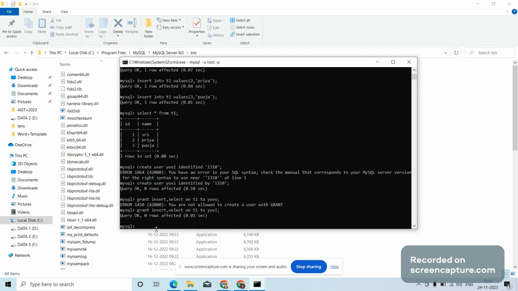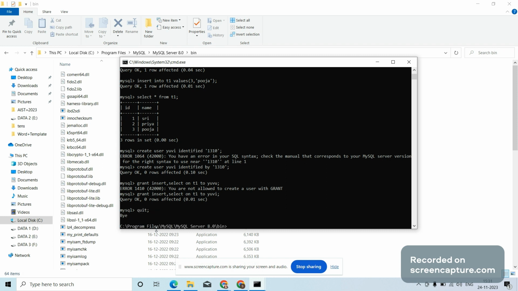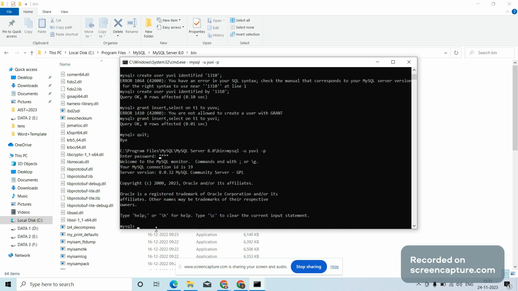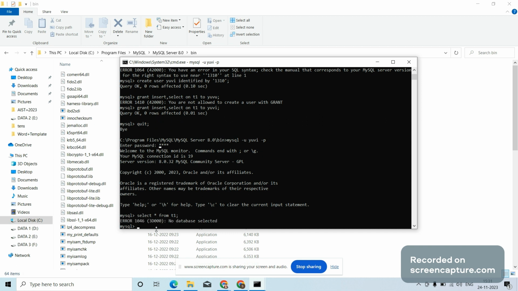Now I'm going to log out from the root user and log in as the user UV. For logging out, simply we can give quit, and after that, now I'm going to log in as the user UV. The user name is UV, followed by the password which you have created, 1310. I have to type the password. So here I'm logged in as the user UV, and after that we can select the table to check whether it is visible or not. Since I have granted the access of selecting on T1, it will be, sorry,